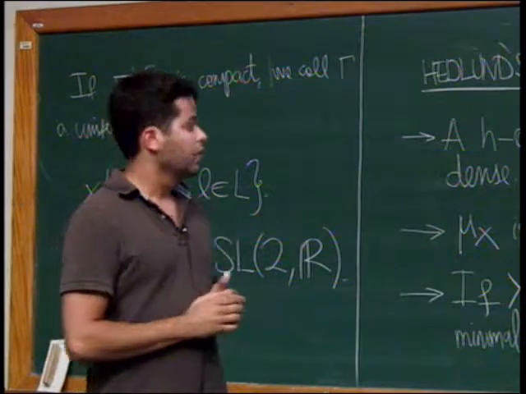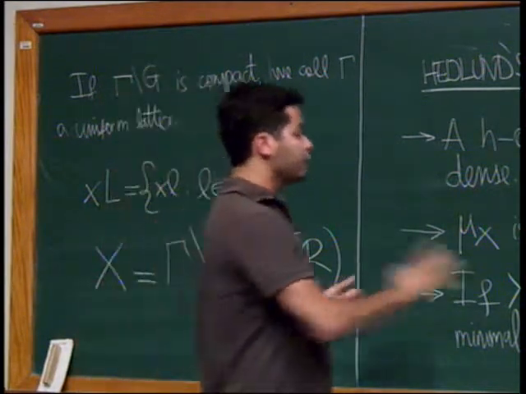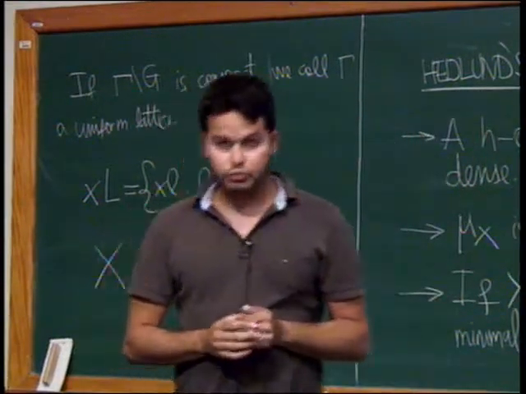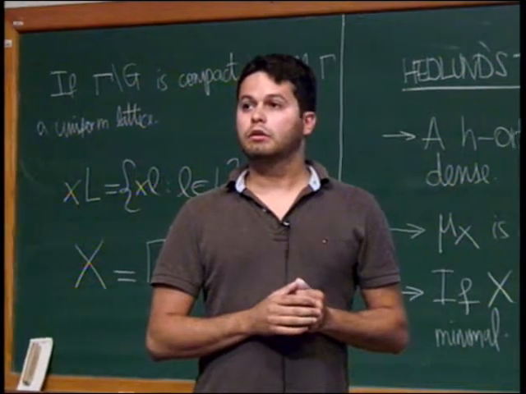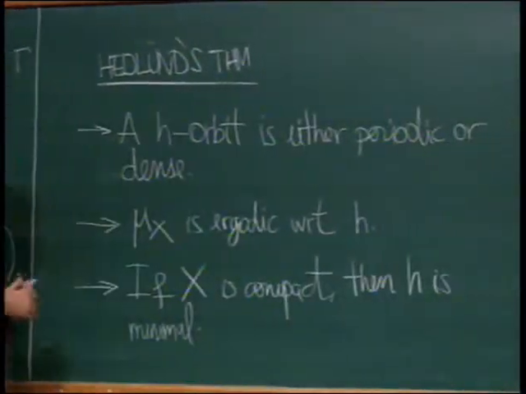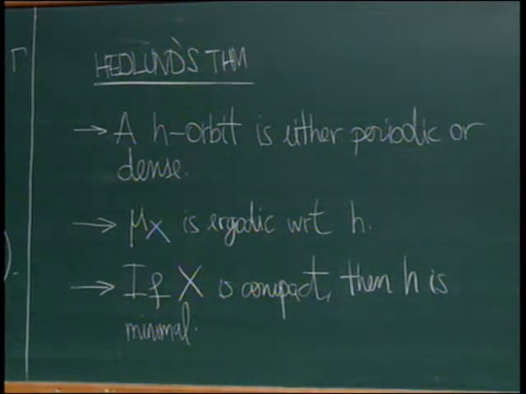Okay, so now that we know the situation when the quotient is compact, let's ask now about the situation when it is not compact. Right? So Hedlund actually checked that in the situation where it is not compact, you always have periodic orbits. For example,